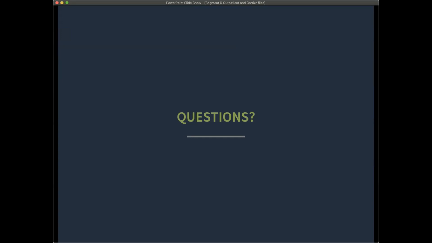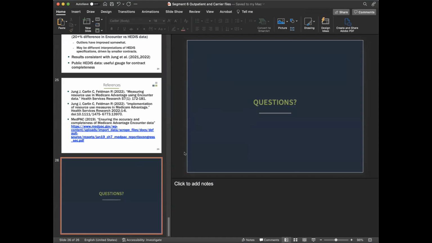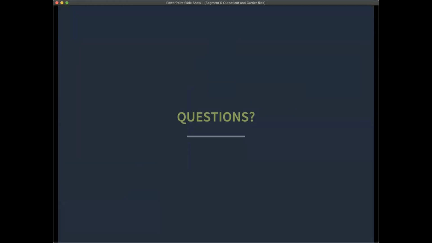Yeah, given that this work has already been done, if I were doing a study specifically focused on ambulatory outpatient visits or ED visits, would there be a way to use something that's already been published on which contracts tend to have lower concordance with HEDIS? Well, we haven't published anything yet. So that might be something you could work on. I don't know that we would publish that level of detail. I'm not sure. Maybe it's still something we're looking into.